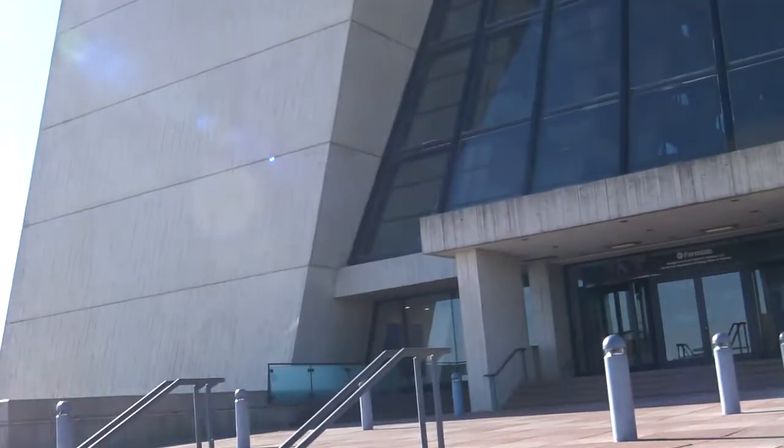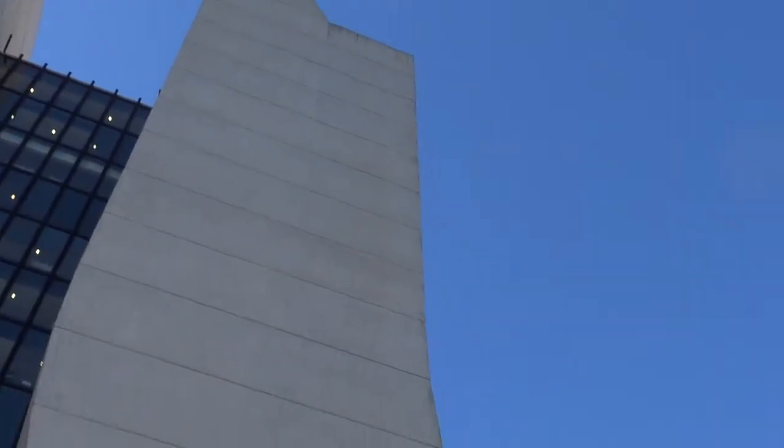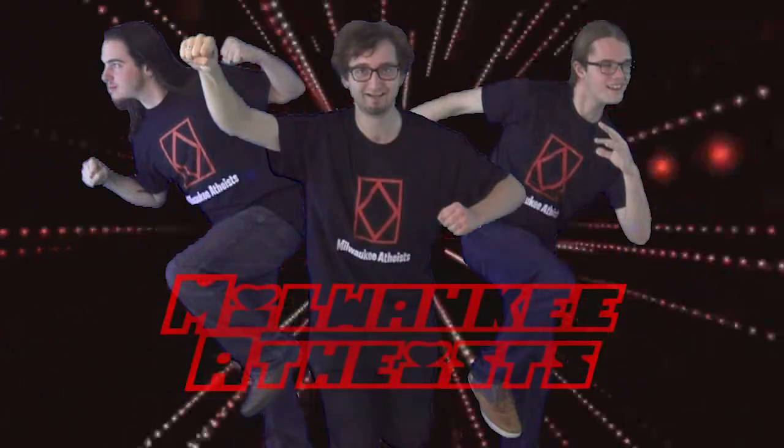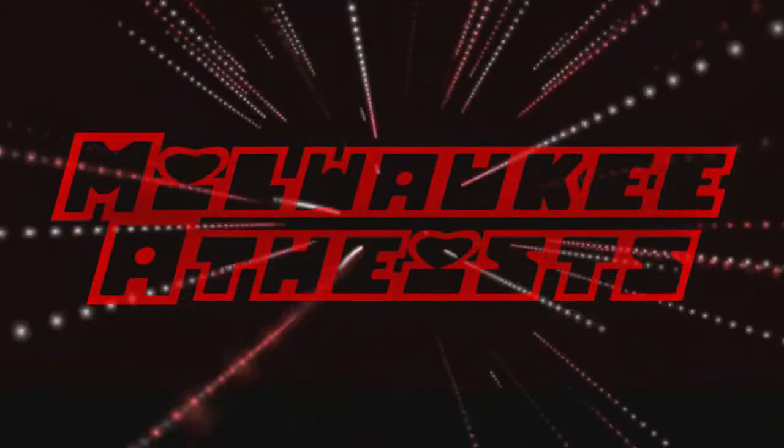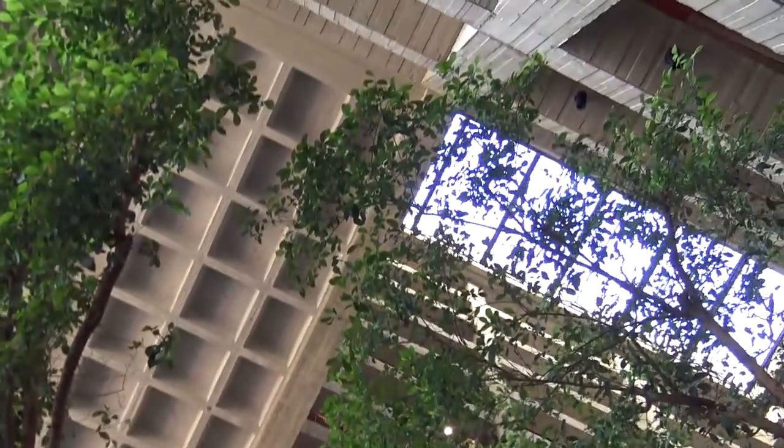Last week, we took a trip down to Fermilab to see what was going on at the world's second largest particle accelerator. Despite the many advancements Fermilab has contributed to the particle physics community, many people have not yet heard of the